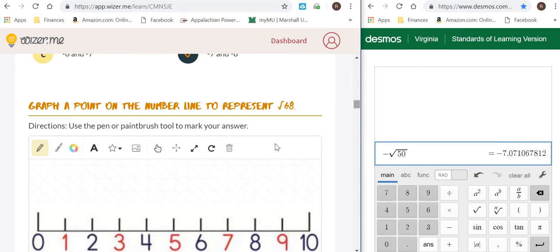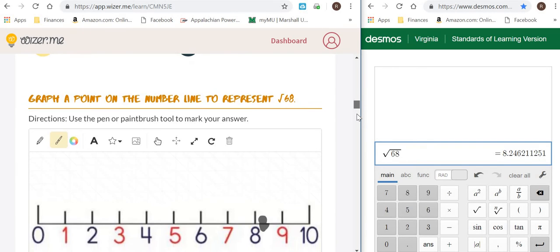It says, graph a point on the line to represent the square root of 68. So let's do the square root of 68, and that gives me 8.2. So let me see if I can graph a point near 8.2. I would say that's pretty close right there, and that would be the square root of 68. So let's go on down,